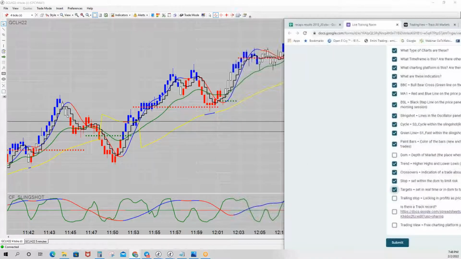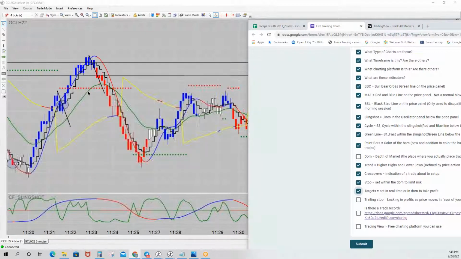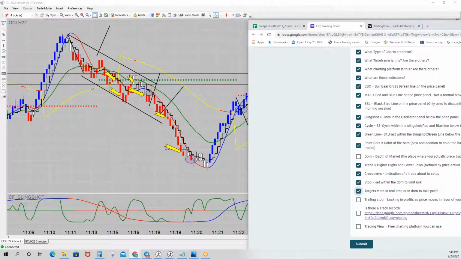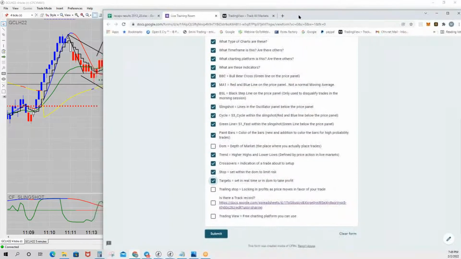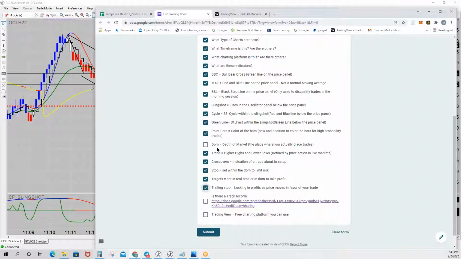Trailing stop. Now, you can trail your stop. When I move that stop, in this particular case, when I move that stop to plus 5 ticks, I was waiting for it to go the rest of the way down. But you can trail your stop behind the MA1 if you want right here. And if you do that, you wouldn't get out till down here. You can trail your stop behind the black step line if you want, and you might have not gotten out till down here. Anytime I can get 10 ticks in profit in a trade, I'm going to lock in 10 ticks. That's just my way of doing things. All right, so that's how you do a trailing stop. The DOM, I showed you that. Now,